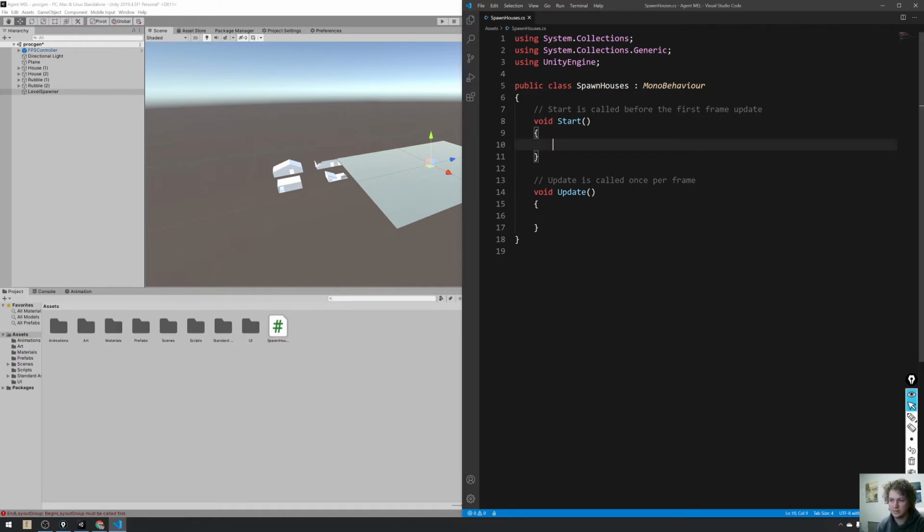So let's spawn a random number at start just to practice. Debug.log. Without autocomplete, this is going to suck. Our random number is,